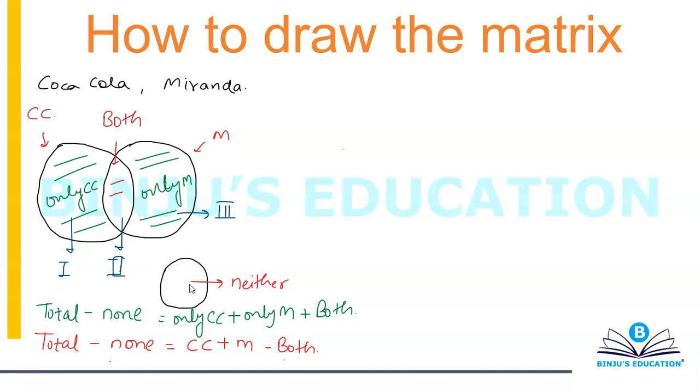So this video is only for those who know what Venn diagrams for two quantities are and what the basic structure of a matrix looks like. If you know, then only watch this video. Otherwise, wait for me to make a video on the basics of Venn diagrams. I'll do that in a day or two. I'm going to explain how exactly a circle diagram is made, how you form the equations and everything, and then you can come back to this video. But if you know, then you can go through this video. Okay. All right.